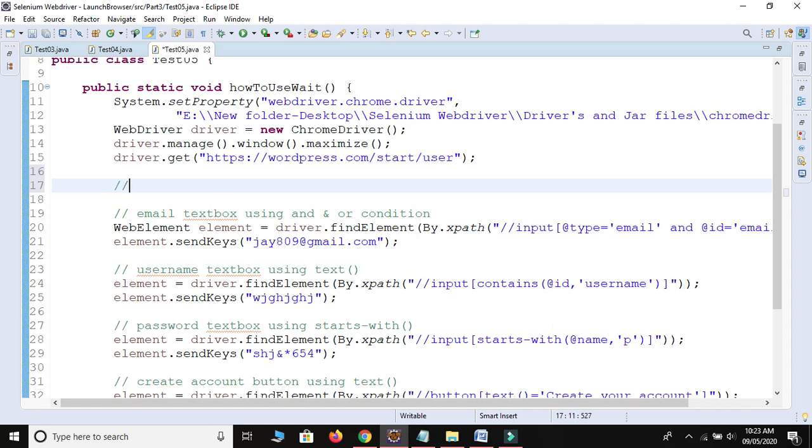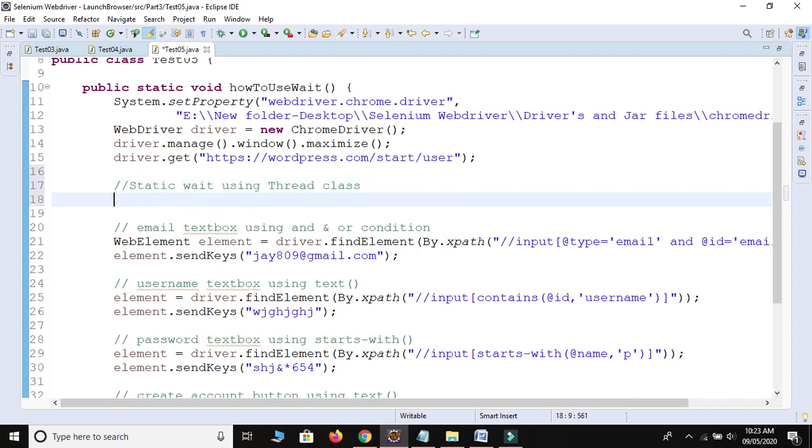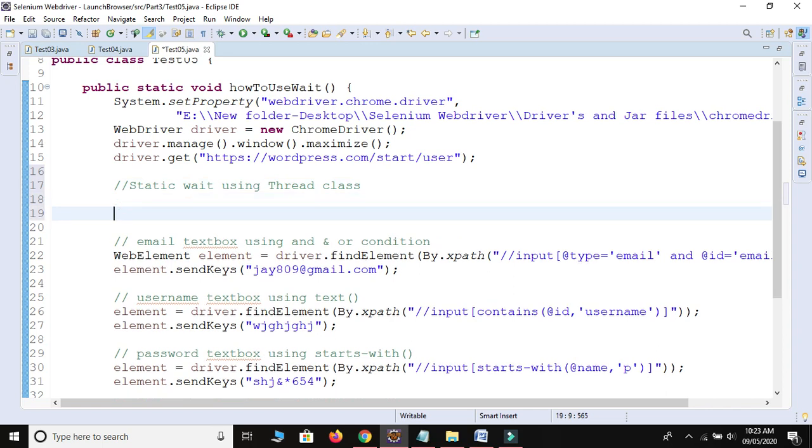So this is the example of static wait, using the Thread class. To apply static wait in your script, you need to take help from the Thread class.